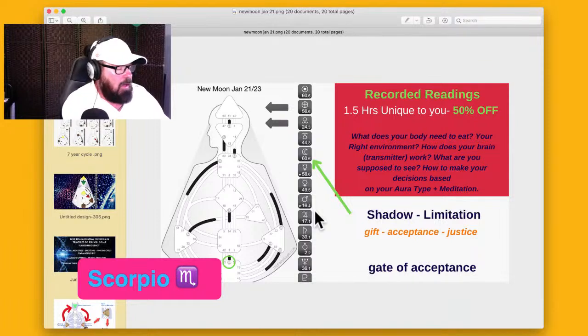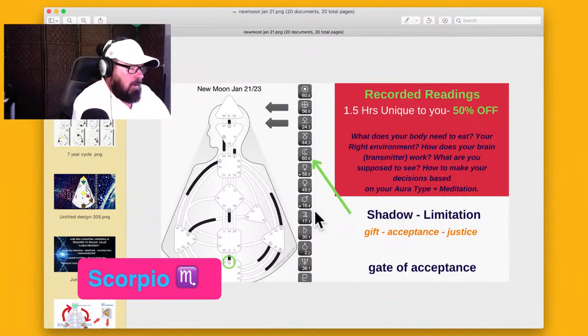So let's get the card out and we'll see for Scorpio. And Pluto rules Scorpio. So it's been in there since 2008, right? So your ways of communication and speaking are radically changing. Right?